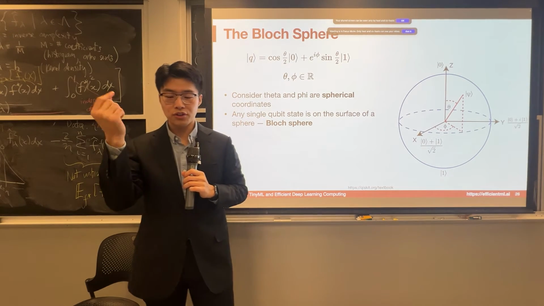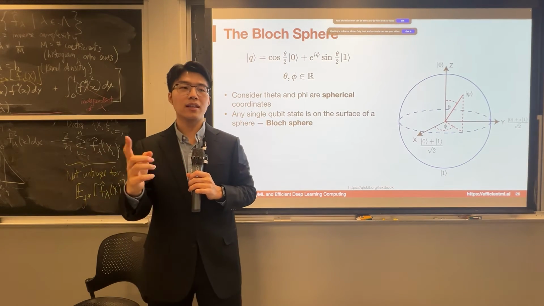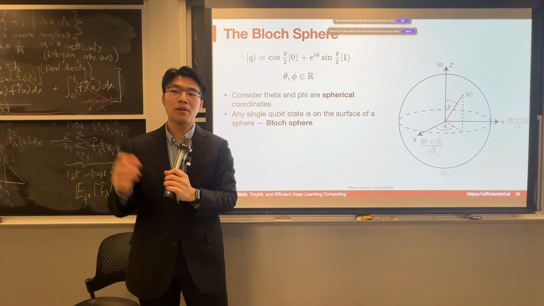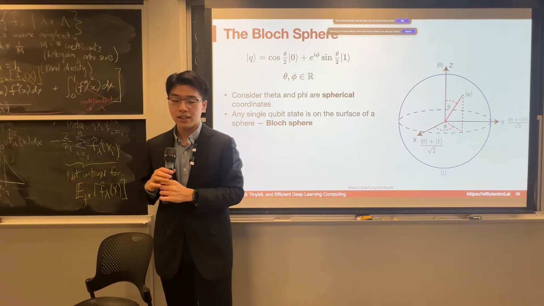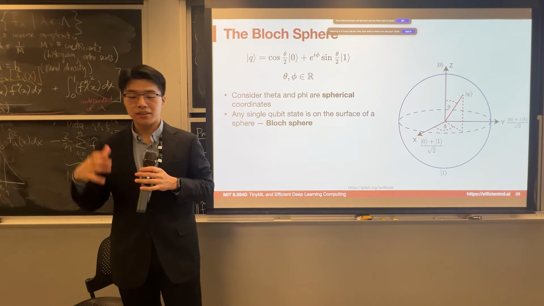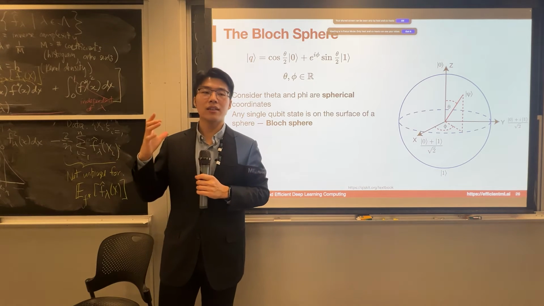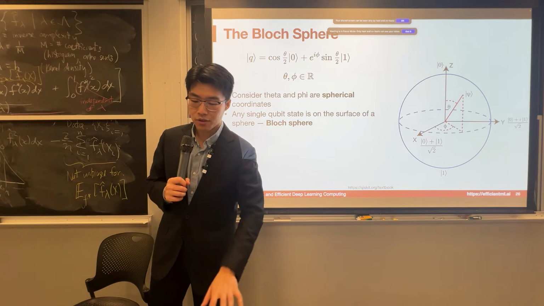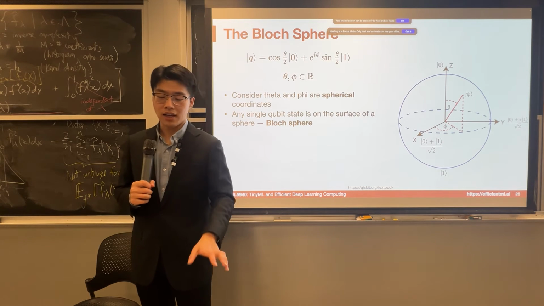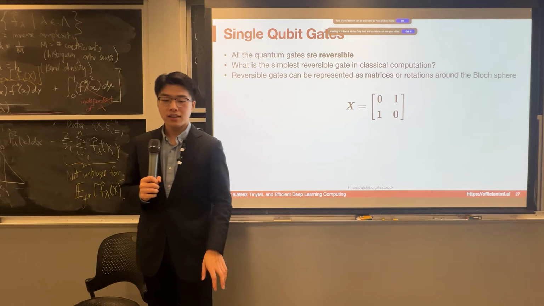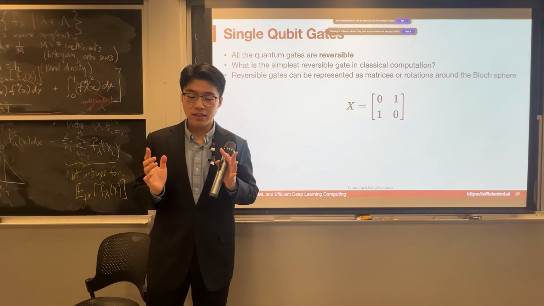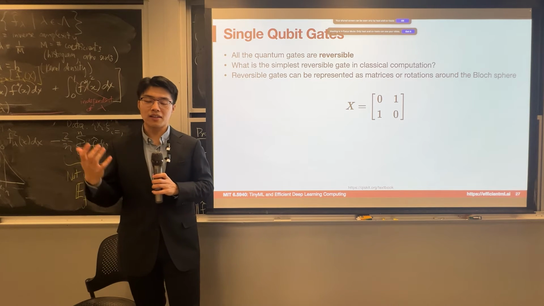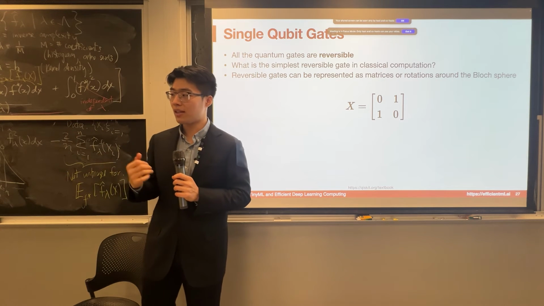So in that case, if we just change theta and phi, we can know that this pole will point to all the possible positions on the whole sphere, right? So that's how we can intuitively or graphically represent the state of a single qubit, and any single qubit state on the surface can represent a unique quantum state. Okay, so that's how we represent the state in the system. We use this state vector, and we also use the Bloch sphere to better understand that.